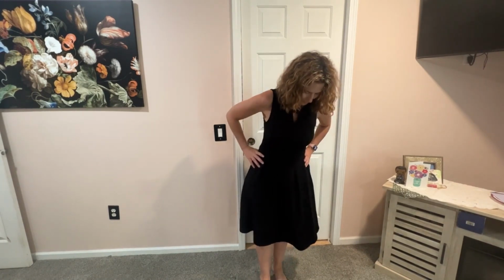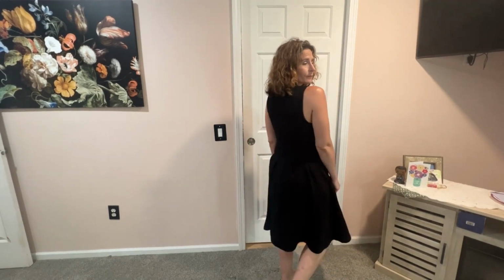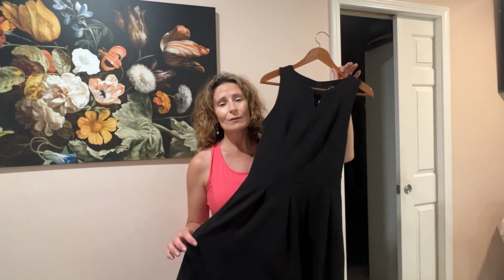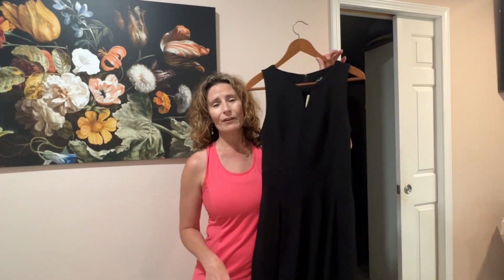I love the simplicity of this little black dress, and they have lots of other fun colors and combinations as well. If you're looking for a comfortable yet very cute retro style dress, this is the one for you, and